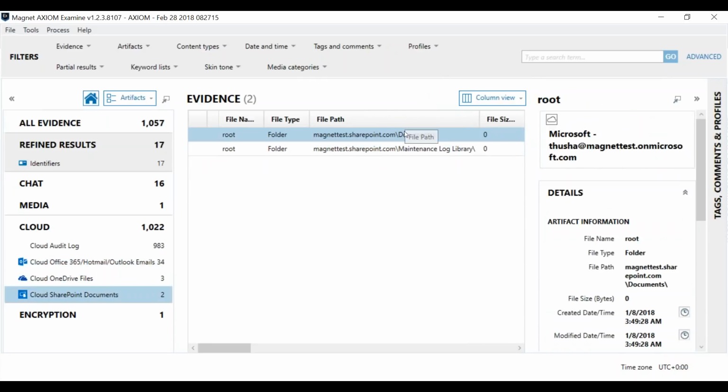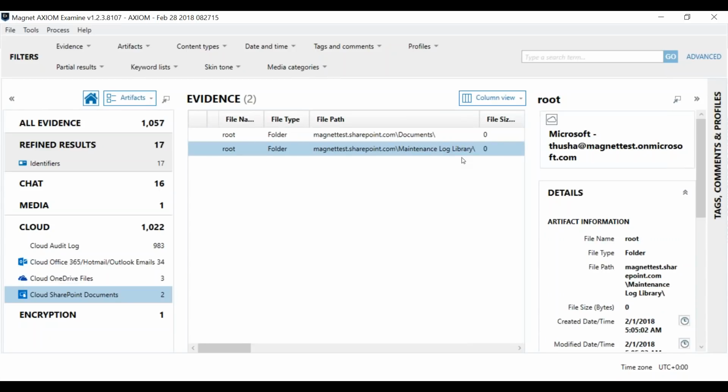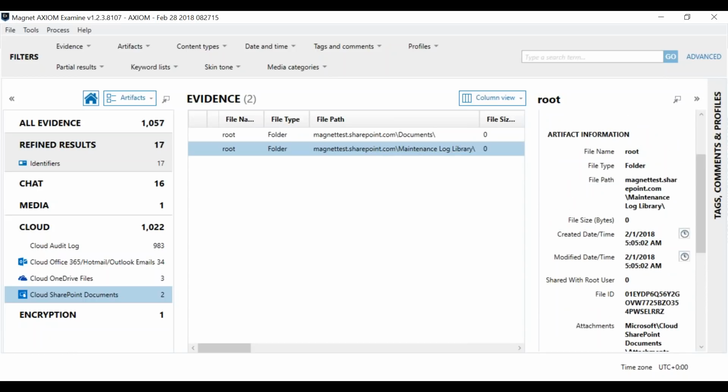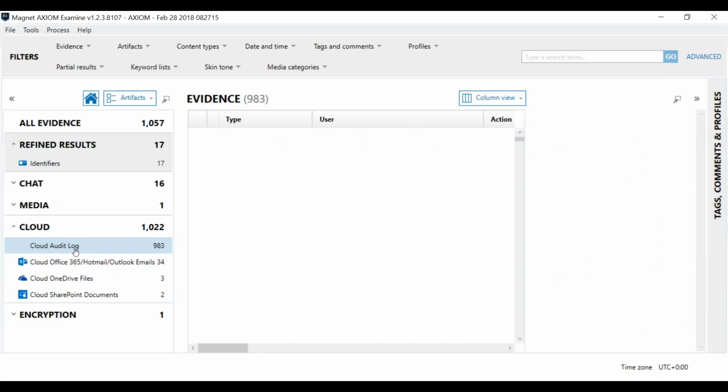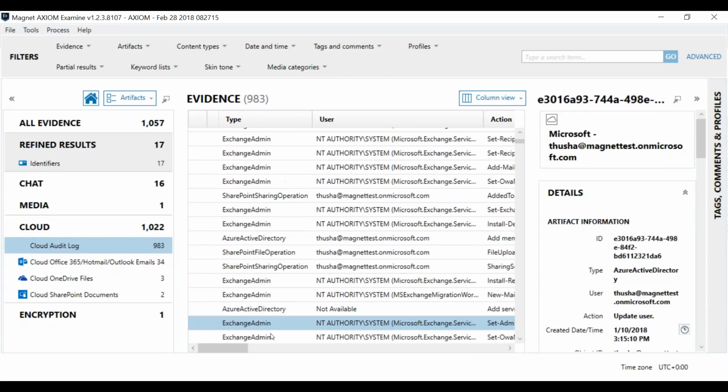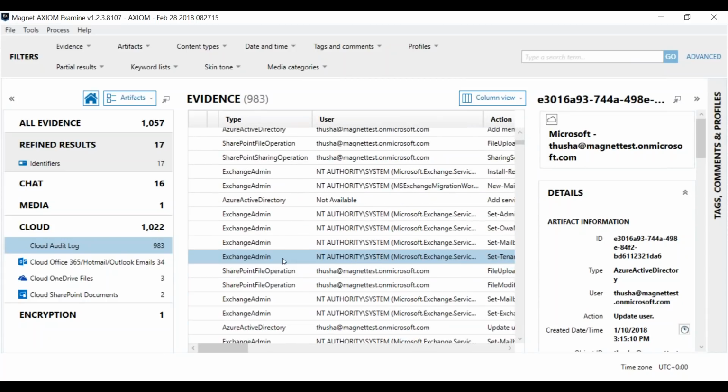SharePoint, similar thing. We've got documents. We'll list all the documents we pulled from SharePoint. In this case, we've only got 2 folders. But again, preserving that metadata, the time the folder was created, who is shared with, the file ID, and all that key metadata that you need for each file. I'll dig into audit logs a little bit later, but I will just show it here. You'll see that we're collecting a whole bunch of audit logs in different services within 365. So we've got Active Directory, we've got SharePoint files that are being modified, we've got Exchange, and you'll get OneDrive and things like that. But we'll come back to that after I show you the use case on the IP theft. So if I just jump into the IP theft case,